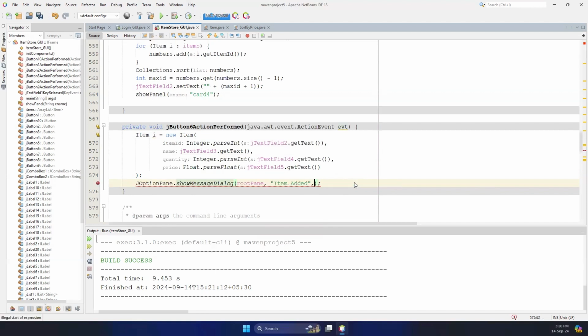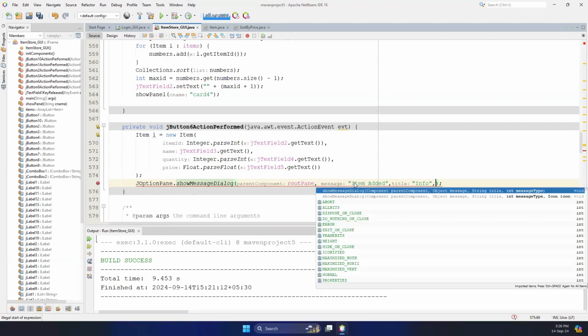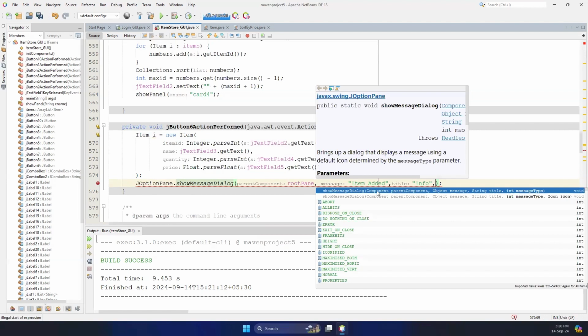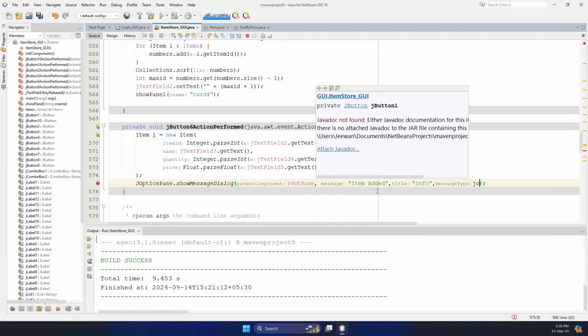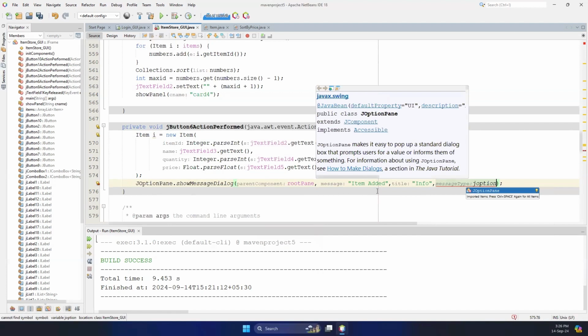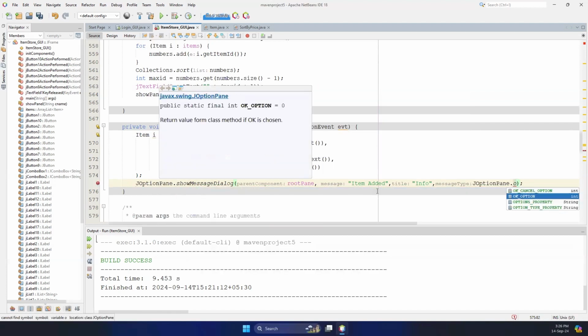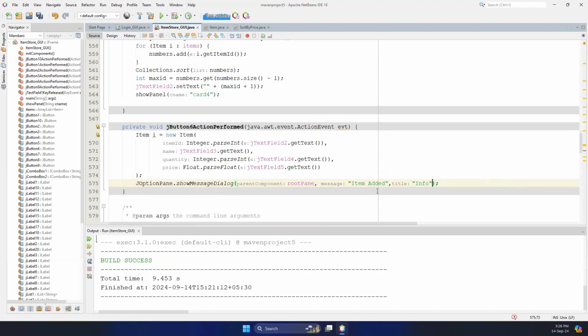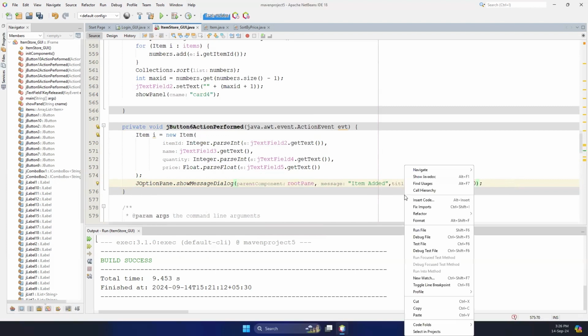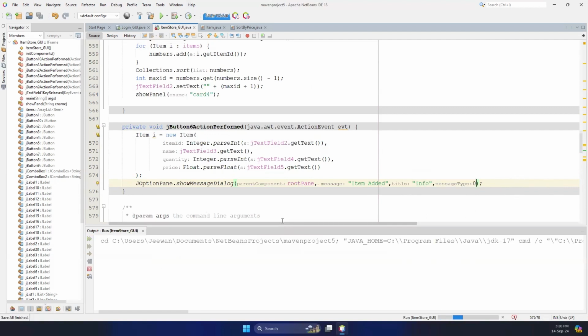If you want to pass the message title and the information message as well, JOptionPane dot, the OK option means 0, so we can just pass 0. Right. Now if you run this,